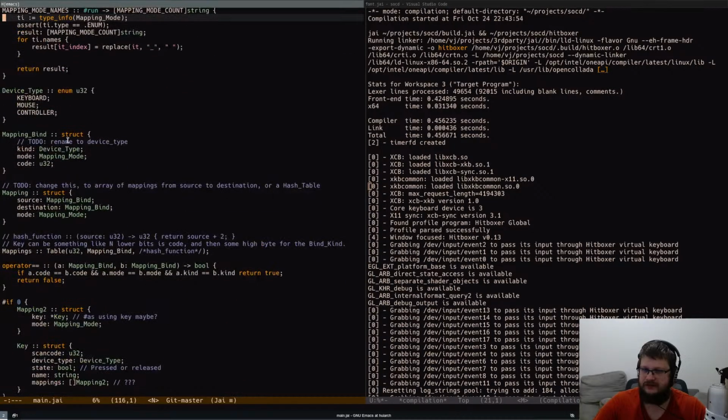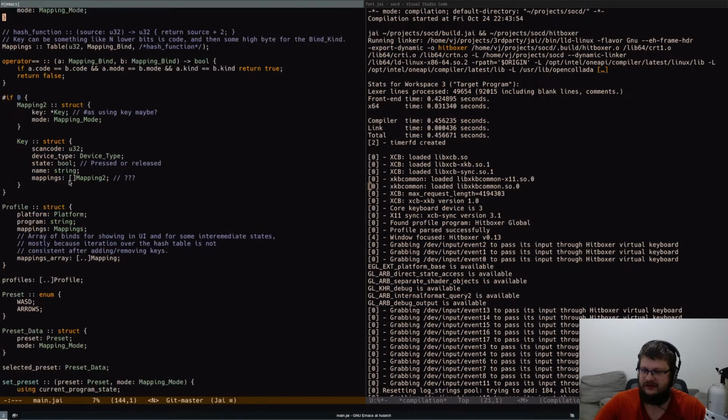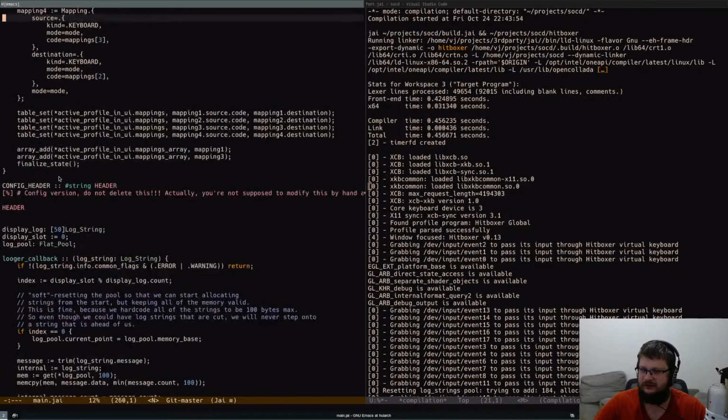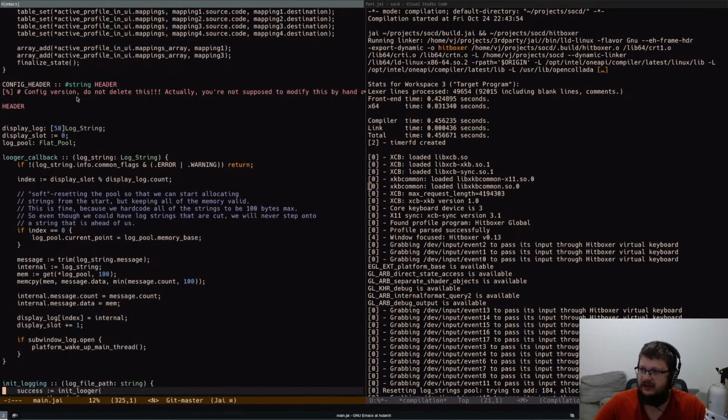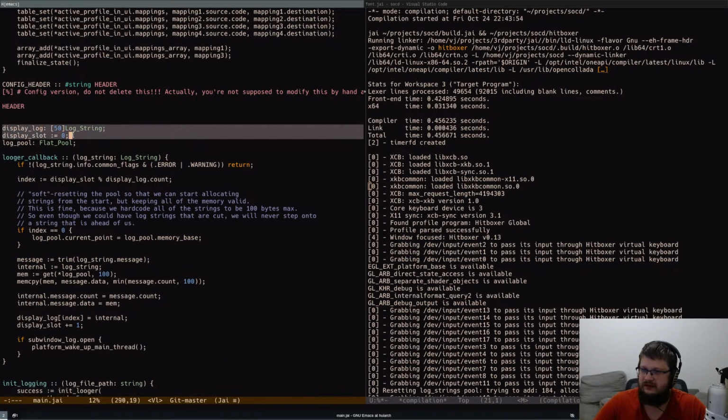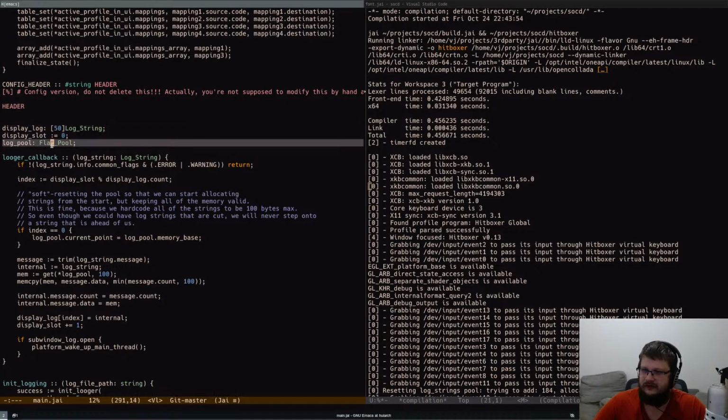Yeah, I took a break from this project for like 3 days, and I already need to get back into the groove. It was log display or display log. Yeah, there you go. So what did I do? I have like 50 log strings that I allocate on the flat pool, and they also have like a static